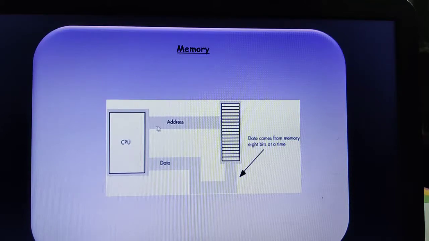The CPU will first make a request to the RAM through the address bus. Then the CPU will send the memory location 5,000 through the address bus. When the memory location 5,000 reaches the random access memory, it will understand that it has to provide the contents which are there in location 5,000. Then the RAM will reply back through the data bus to the CPU.